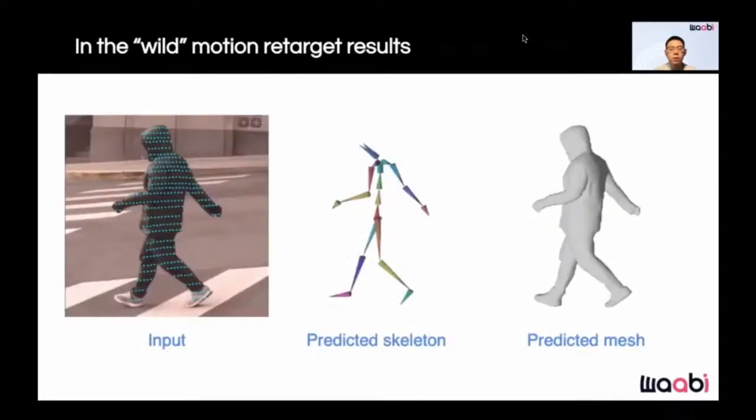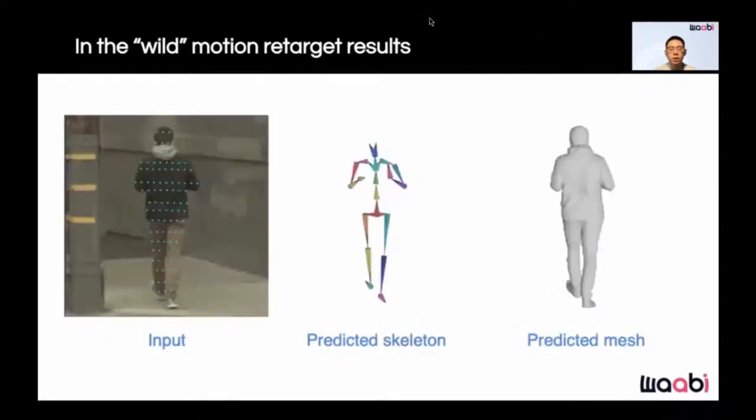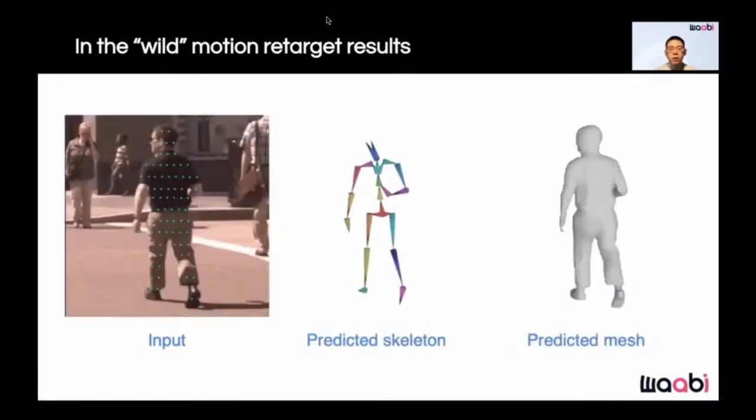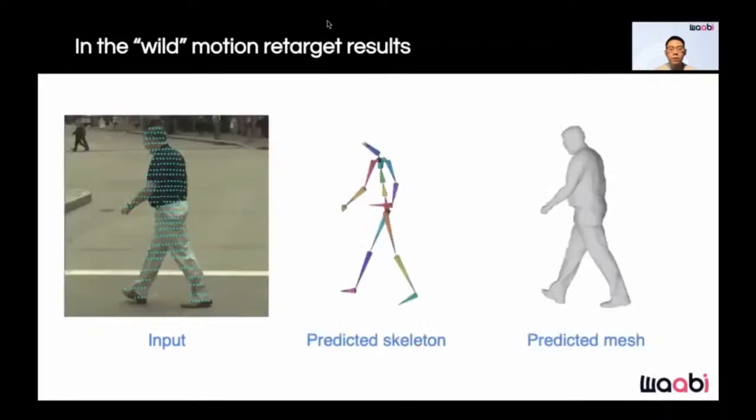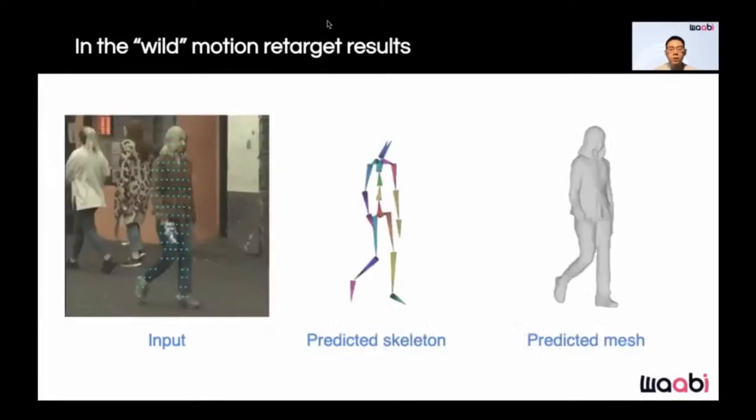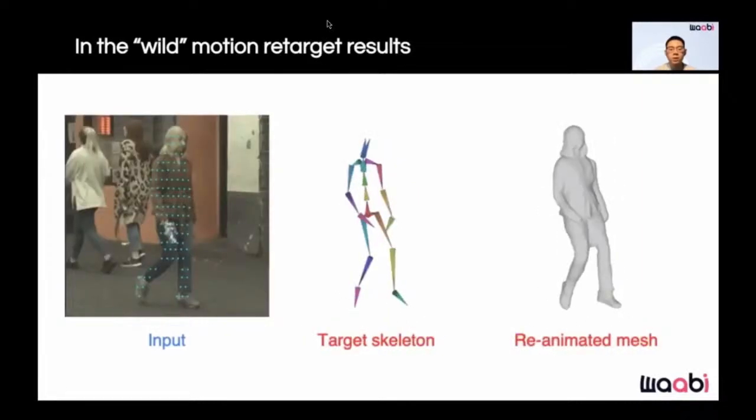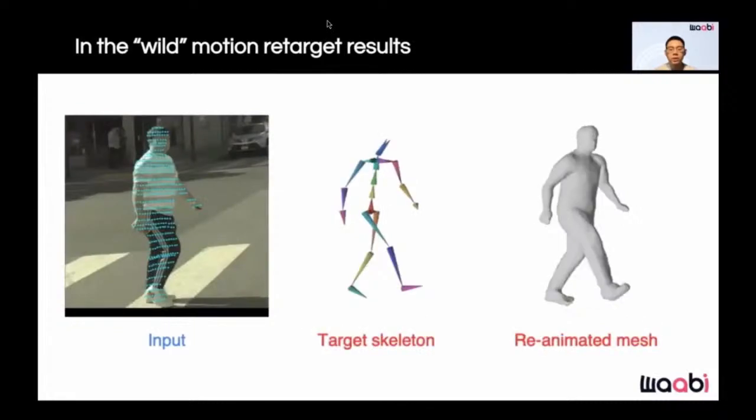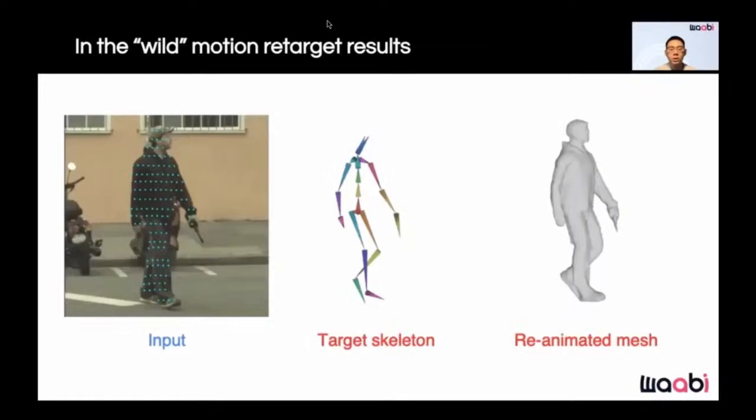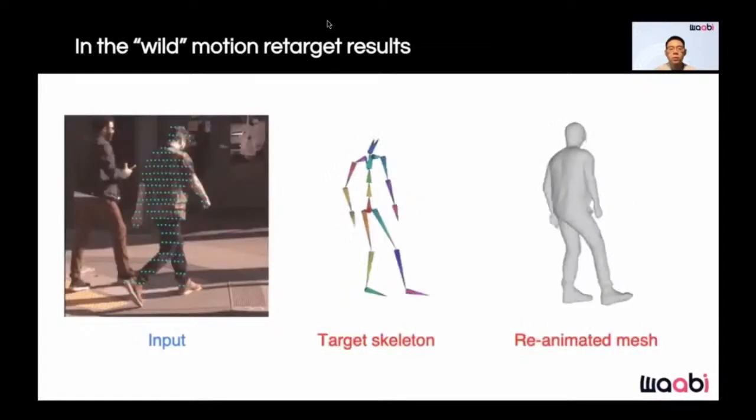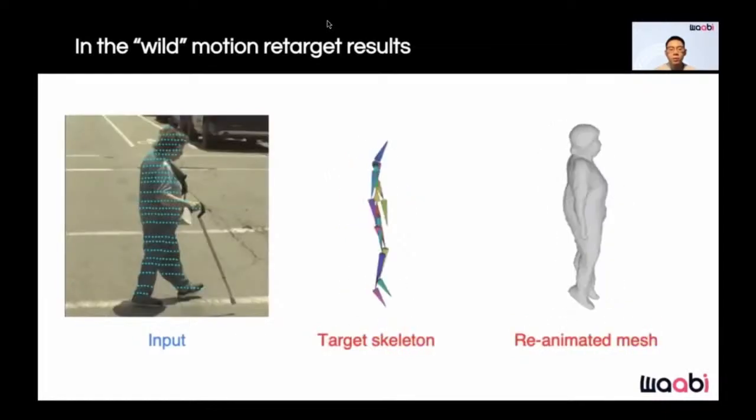Finally, we show reconstruction and animation results on real data captured from urban scenes. For each example, we first showed the input camera image and the reconstructed skeleton and mesh. We then showed the reanimated mesh at a target pose. Our approach reconstructs and animates a wide variety of humans with different shapes and different clothing, such as caps